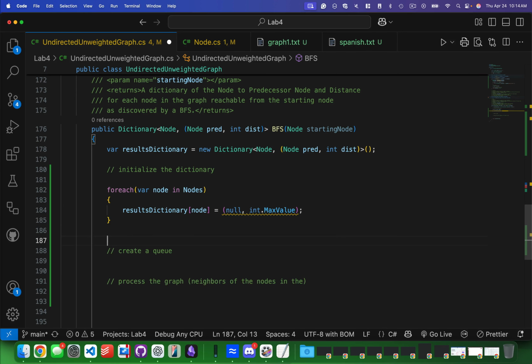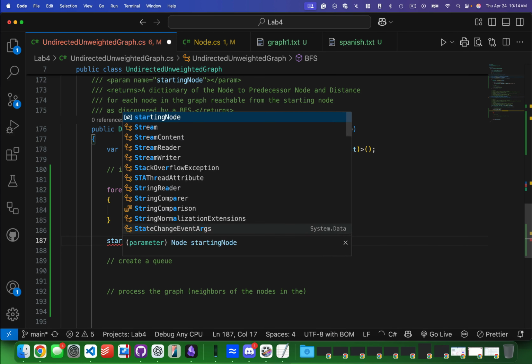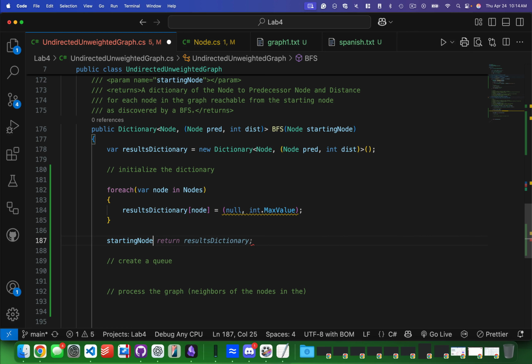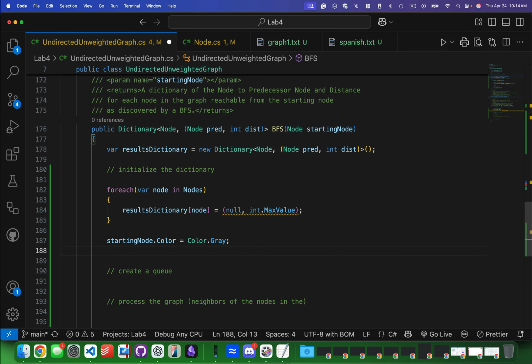Okay. The other thing that we have to do, remember if we're doing BFS, you don't visit the node again if it's already been visited. So we're going to use our colors for that again. So I would like to say that the starting node's color is equal to gray. And I would like to say that my results dictionary,